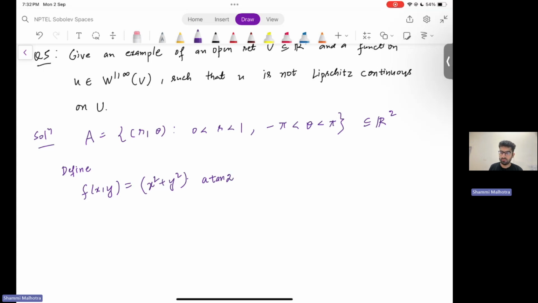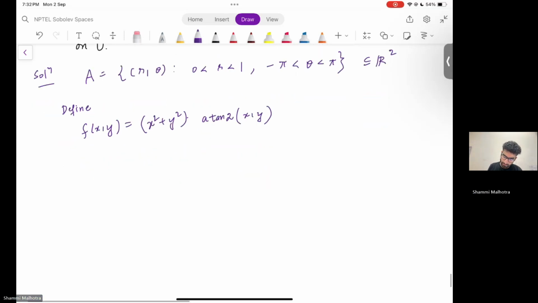This is the modification of tan inverse of xy, where atan2 of xy is defined as,